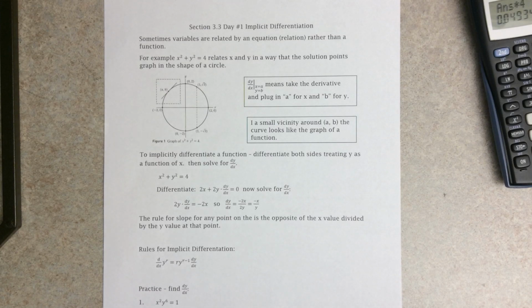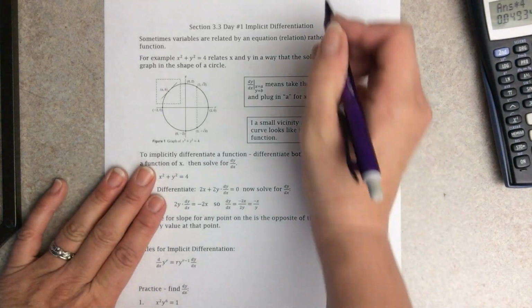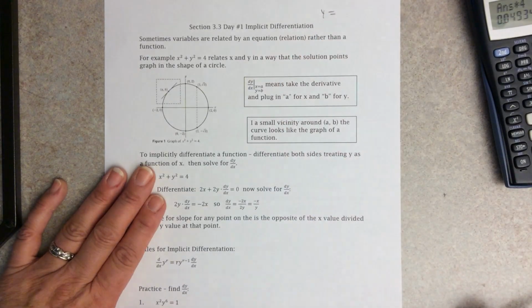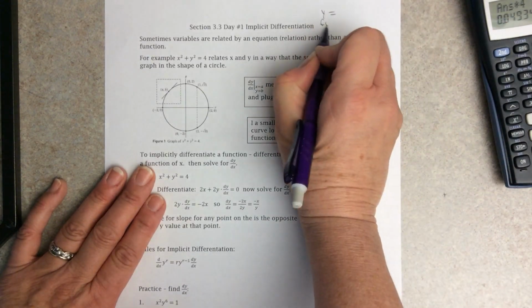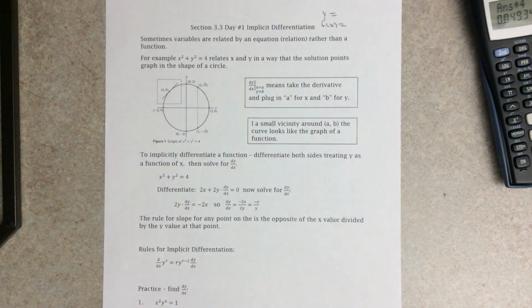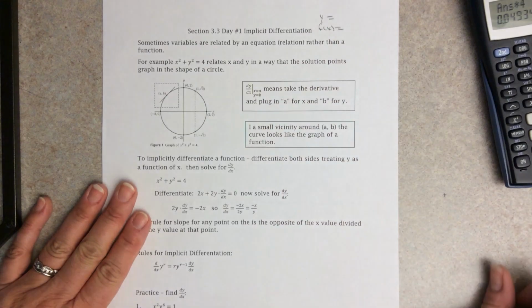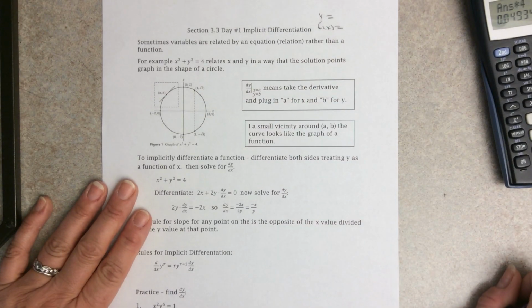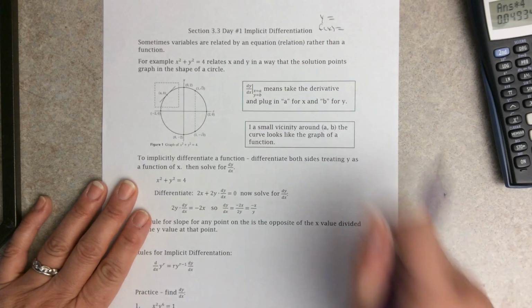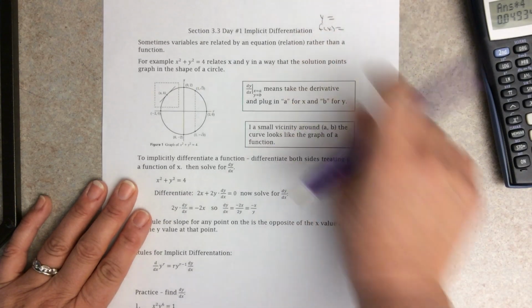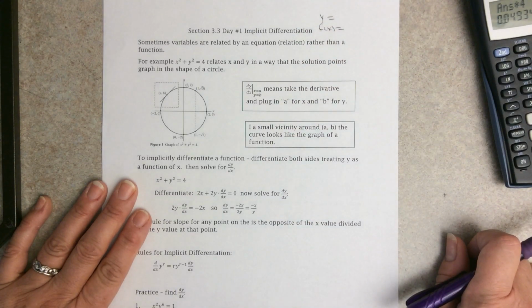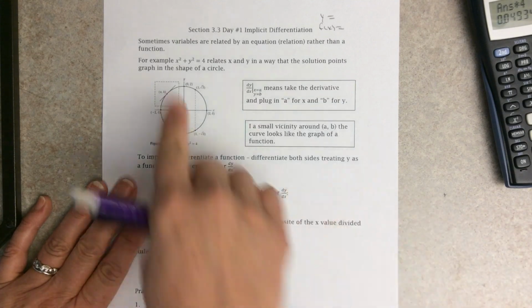So if you remember, every function that we've been taking the derivative of has started out y equals or f of x equals, so that our function was explicitly stated, and the terms that were over on this side had an x in them if this was a function with respect to x. So all the x's were on the right and the function name was on the left. What we're going to talk about today is